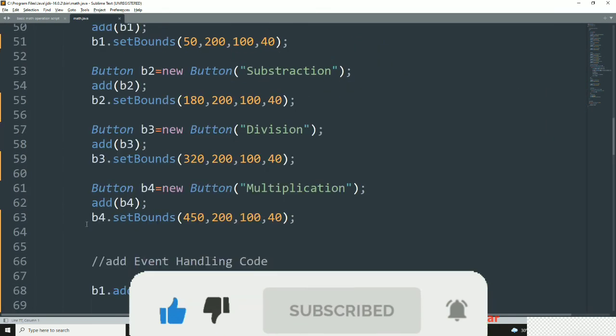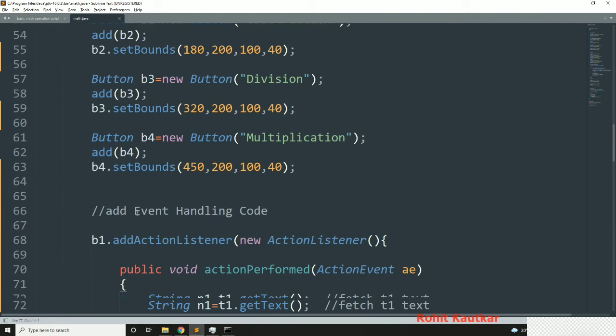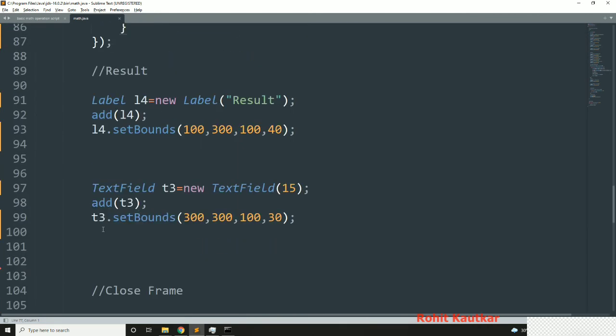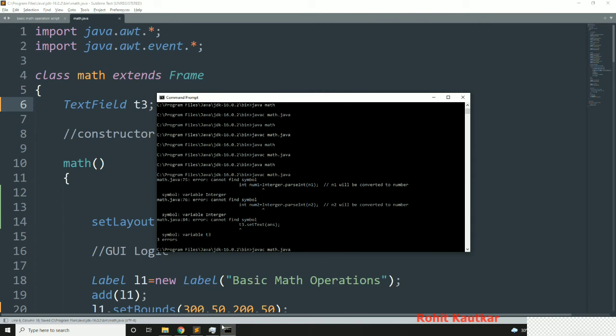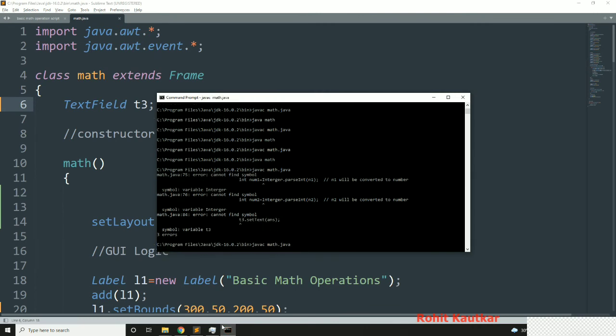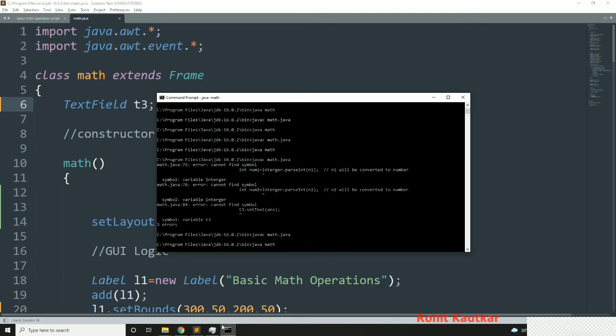And this text field 3 should be declared at the top. So here, okay, now again we will compile. Okay, it got compiled. Now we'll run Java math.